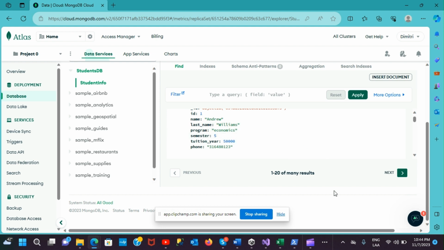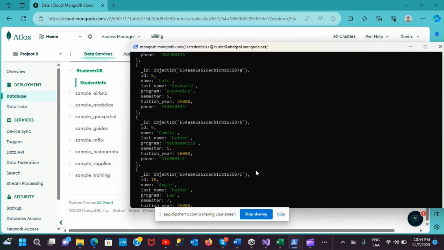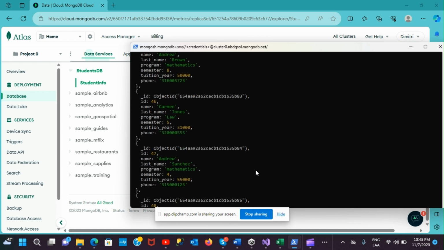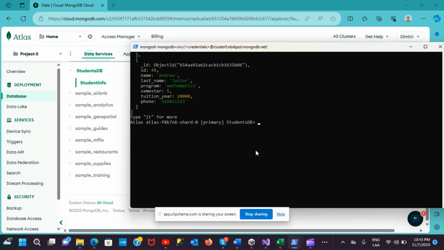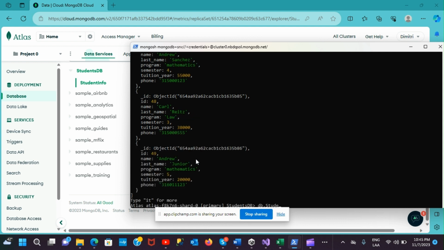Okay, let's just do a couple of queries so we can have a better understanding of how to do queries here. Okay, so if I want to get some specific record information, let's say I want to see the ID 49. So I'm going to filter that by ID, and that's going to be 49. So same db, then my collection, which is student info,